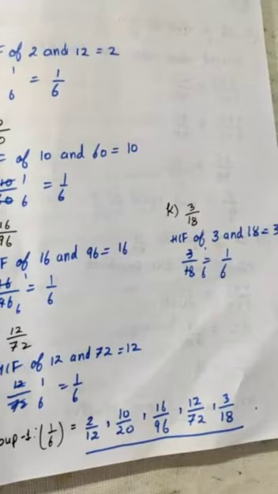So similarly there are two more groups. So what you have to do basically is convert each and every fraction into simplest form. Uske baad you have to write them group wise. Okay. Now we'll see the next question.